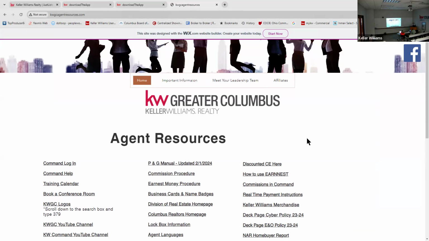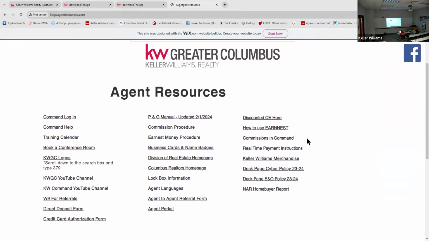Sometimes it comes up quickly, sometimes it'll give you fits. And over here on the left hand side, you see where it says KWGC logos? Yes. Click on that. Click on the logo link. And it's gonna pull up,